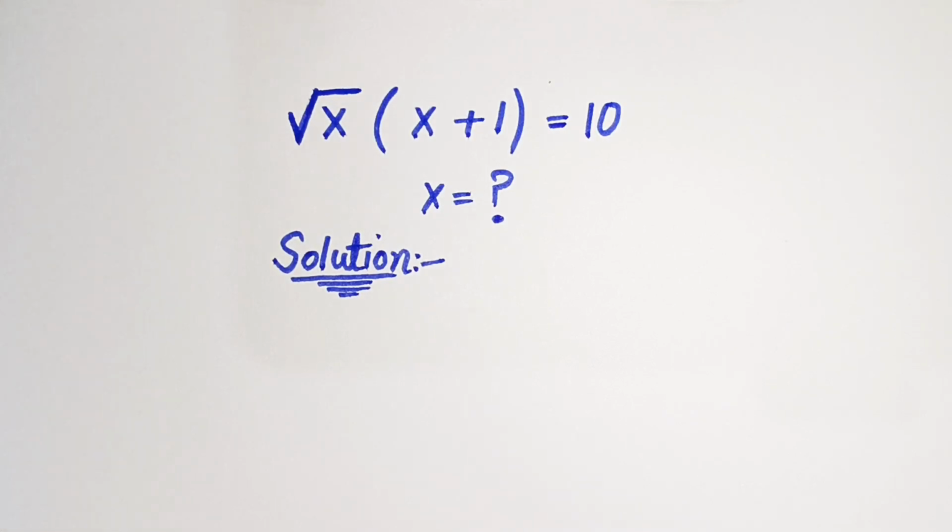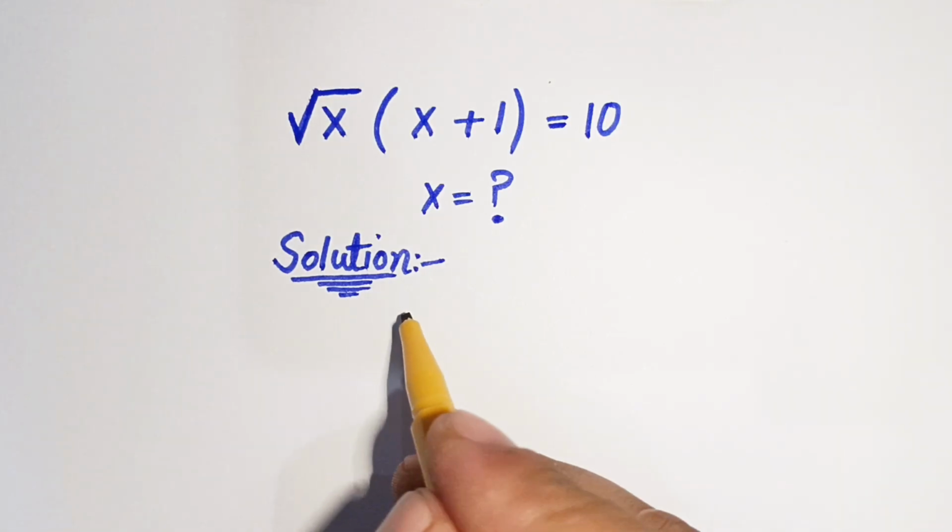Today our problem is square root of x times x plus 1 is equal to 10. Here we have to find all possible values of x. Starting our solution, let us consider